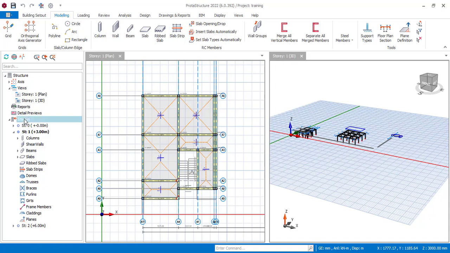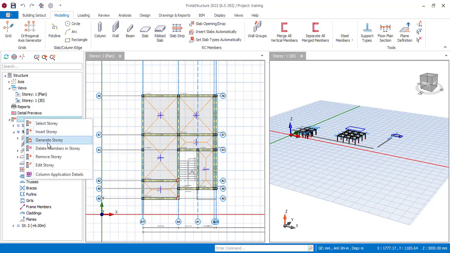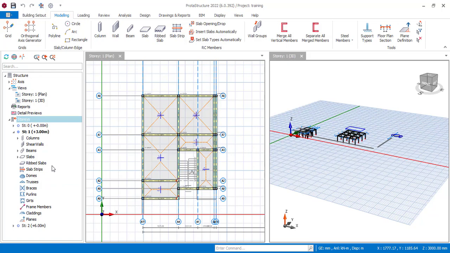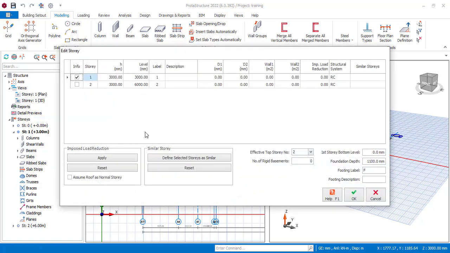Now if I click on these stories and I right click, I can come to edit story. When I come to edit story, I can specify the depth of my foundation. Now mind you, the depth of your foundation comes mainly from the soil report, which will determine how deep you are going with your foundation, or sometimes based on the